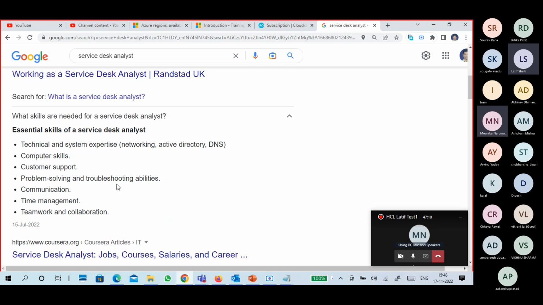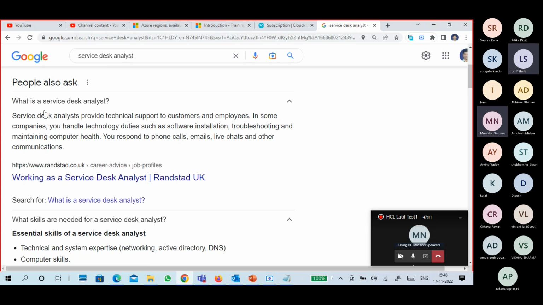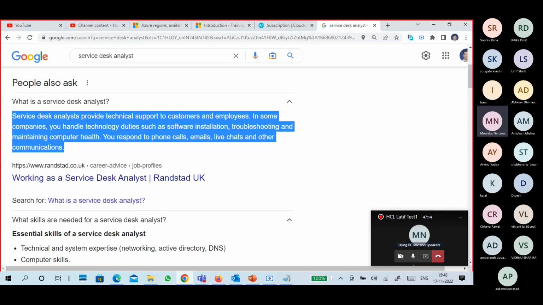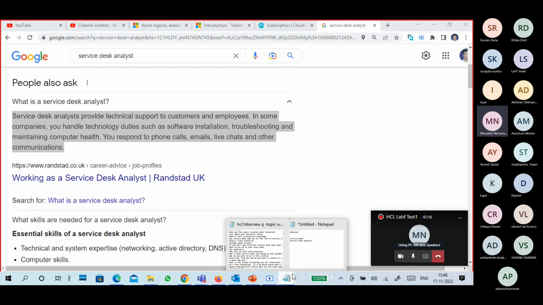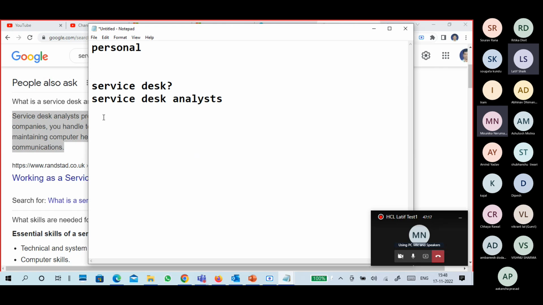So what are the skills required for a service desk analyst? This is only the basic part.